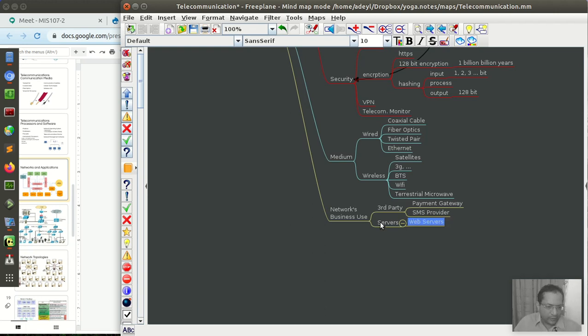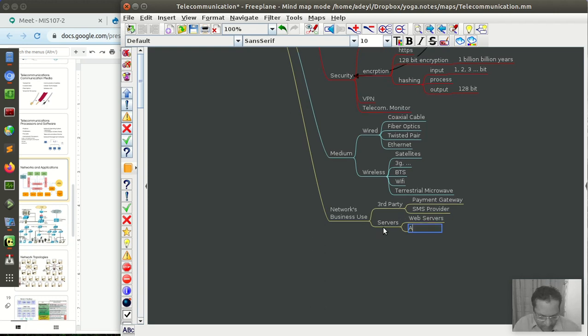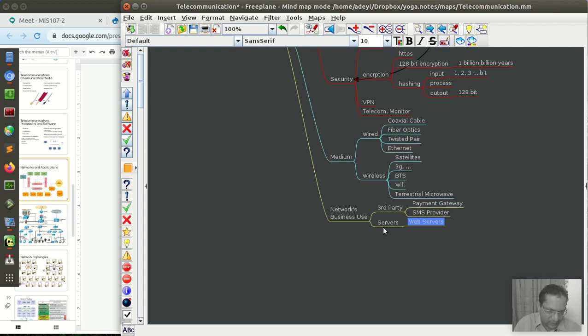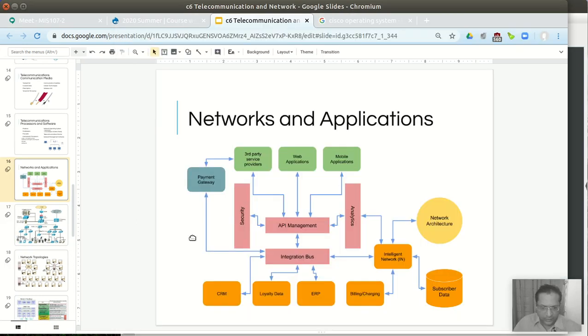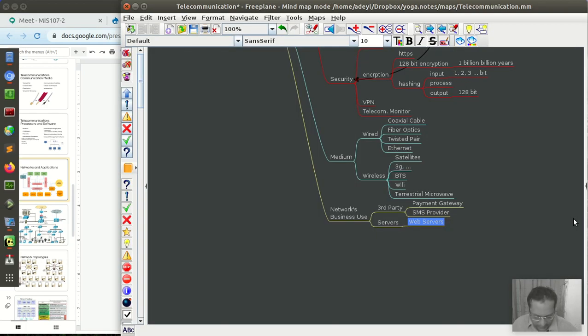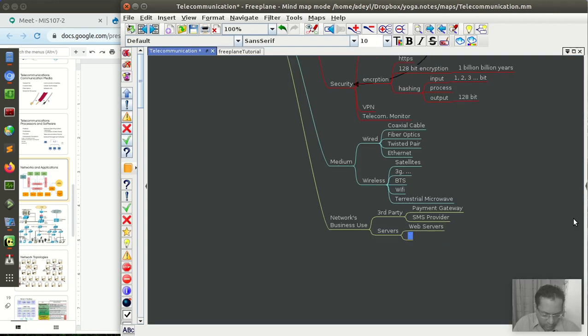Within the server hardware we have the web server application. The web servers are connected to the network, and in turn connected to web applications and mobile apps.